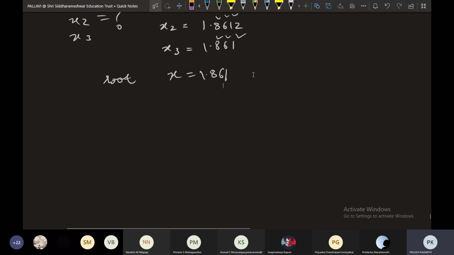Then if you want the value up to 4 decimal places, you can go for one more iteration and you will get the answer. But see, at the third iteration you will get x3 equal to 1.8612, and previously x2 also you have got as 1.8612. So if you compare x2 and x3,